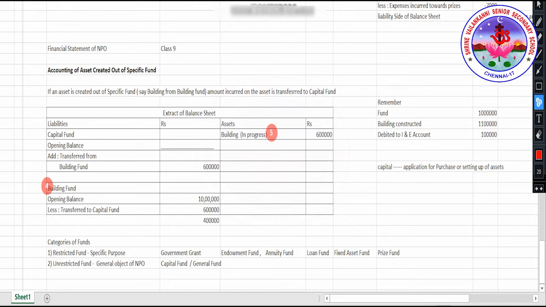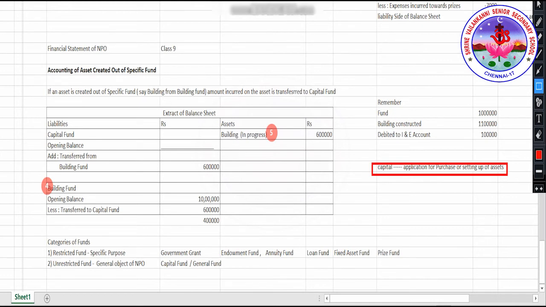Because of this logic, what is this base? From the capital only you can apply certain things for construction of asset. This is the base of accountancy, right? From capital only we can take funds to set up assets or to purchase any assets. So it has to go from the capital fund. Is it directly from the capital fund? The answer is no. It is from the building fund. Why, ma'am? We cannot show this directly to building. No, the accounting treatment for this